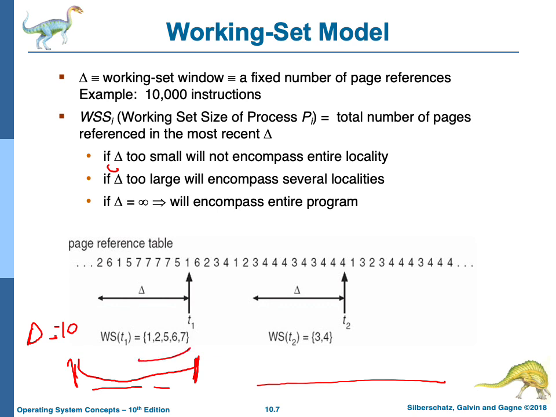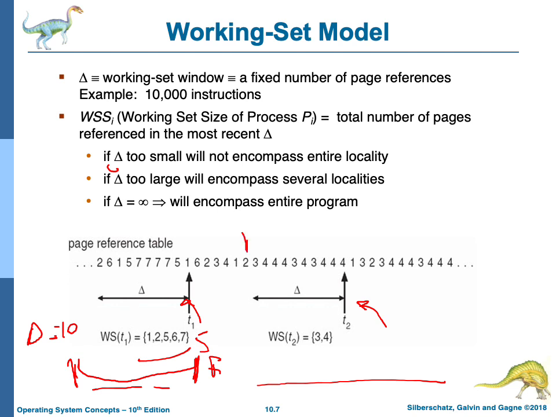That's the set of pages that the process is actively using in this window. So 1, 2, 3, 4, 5. So 5 frames is a good amount of frames to be allocated to this process in this window of time, versus in this